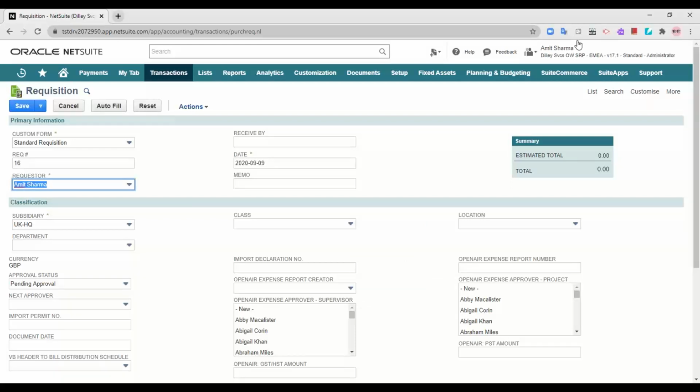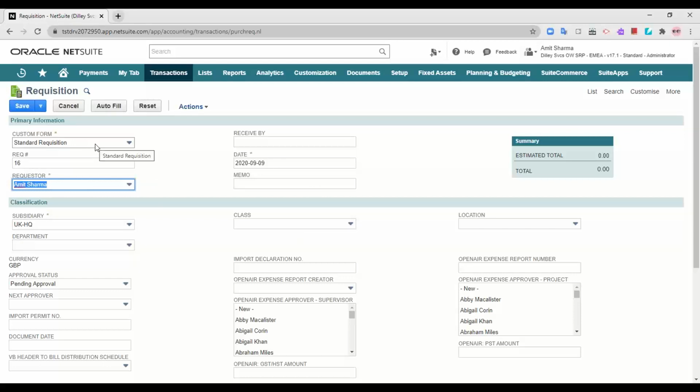Most organizations have workflows, which means one employee creates the request or creates the order, and the other employee or the superior actually approves the requisition or the order. So in that manner, the requisitions and orders are created. But here, since I've logged in as an administrator, I have the option to choose whether I want it to be pending for approval, I want to approve it, or I want to reject it. So that is the reason I'll be viewing the options of approval and rejection.